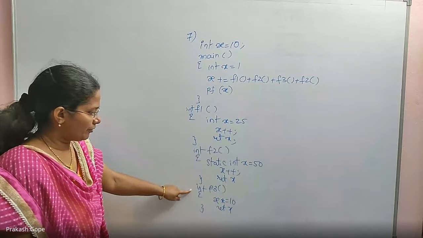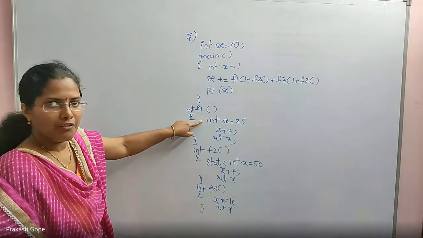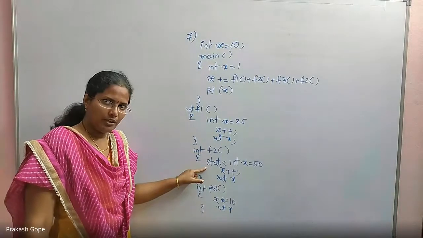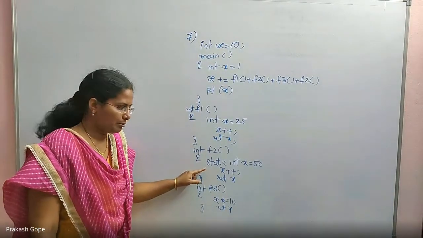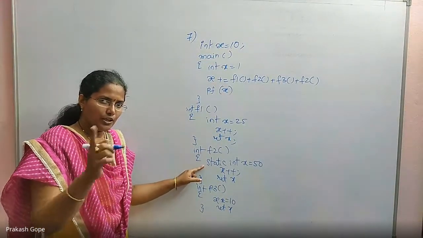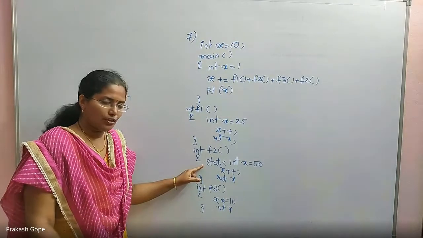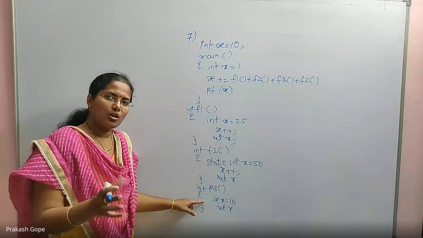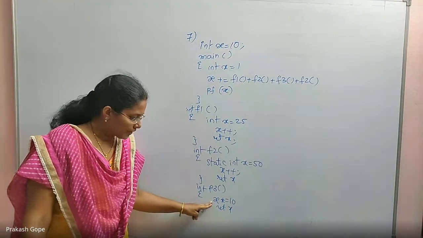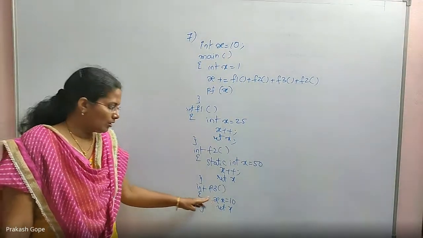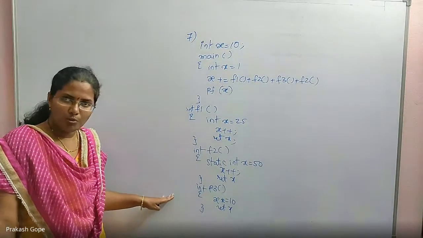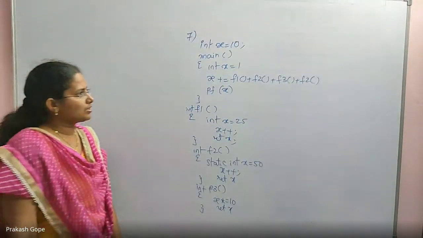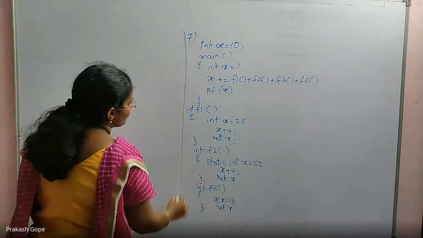F1, F2, F3 functions. In F1 I have a local variable which is an auto variable. In F2 I have a static variable. You know how a static variable behaves. It gets created only in the first call, and for the second call, third call, the same variable will be used. And in F3 there is no locally declared variable, so it will try to use its outer block's variable. For F3 the outer block is the global program, so global x will be used. So using this method you need to execute this.